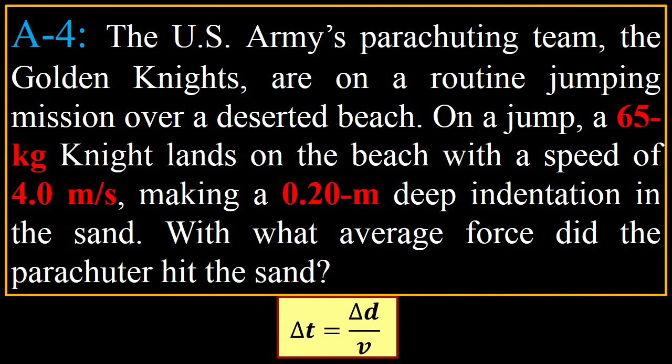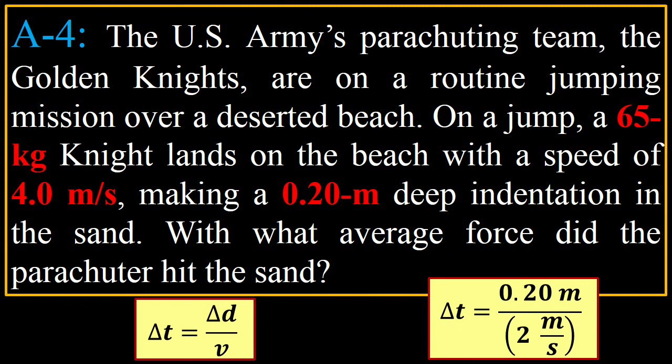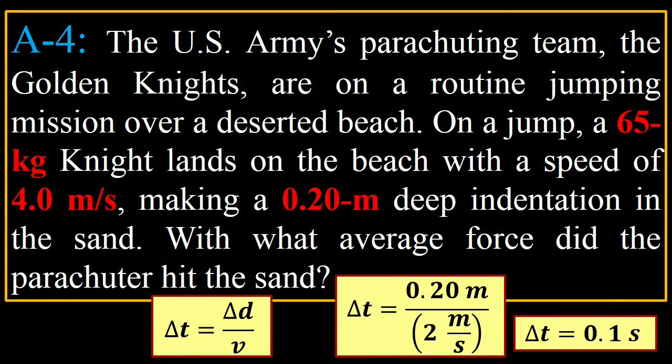That would be a pretty cool thing to know. So you're going to use the average velocity calculation, and you're going to understand that the average velocity is 2 meters per second, even though that's the final velocity. The instantaneous velocity is 4 meters per second. So it'll be 0.2 divided by 2, so it'll be 0.1 seconds. That'll be the duration